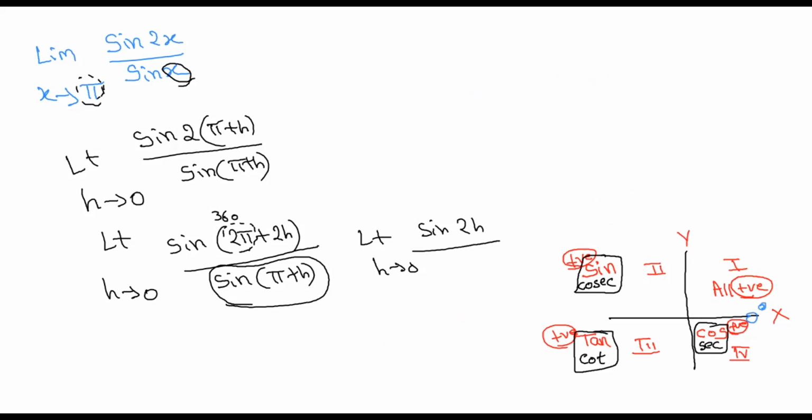This is 0 degree. As I told before, the x-axis is 0 degree. This is 90 degree, that is pi by 2. This is 180 degree, that is pi. This is 270 degree, that is 3 pi by 2. This is 2 pi, again 360.